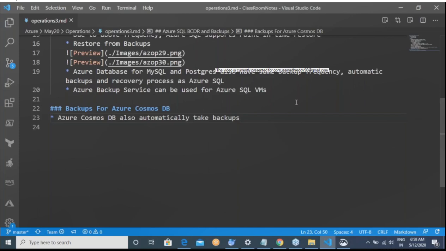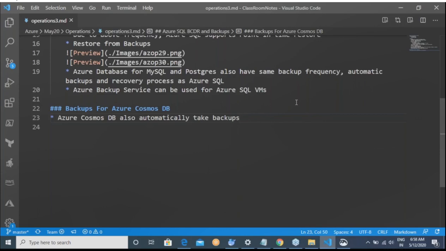I won't write about frequency and all other stuff. For example, the backup of the data is called a snapshot. Here also you have ways of managing your backups and all that stuff.